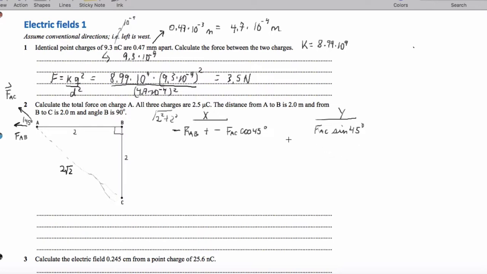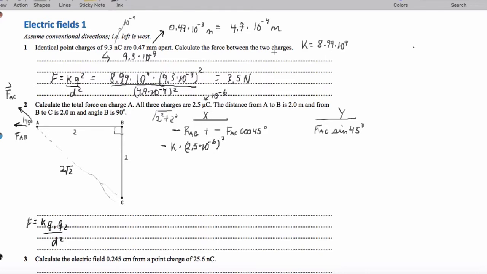And now we can actually set up our equations using the force law that we had before. So we have F is K Q1 Q2 over distance squared. But we actually have to worry about angles because these forces point in different directions. So we're going to end up getting here negative K. And all the charges are 2.5 microcoulombs. Micro means 10 to the negative 6th, so let's go ahead and put that in there. We're going to say 2.5 times 10 to the negative 6th